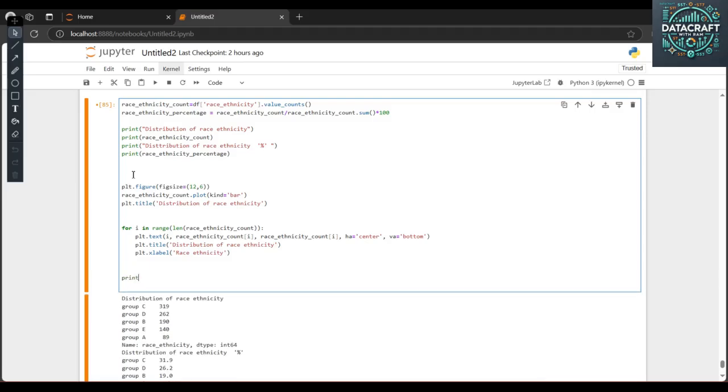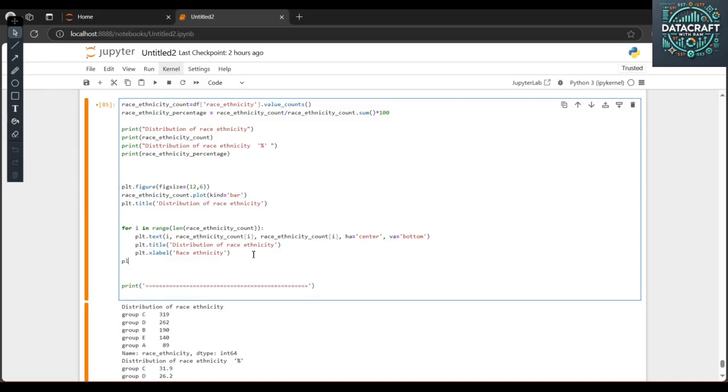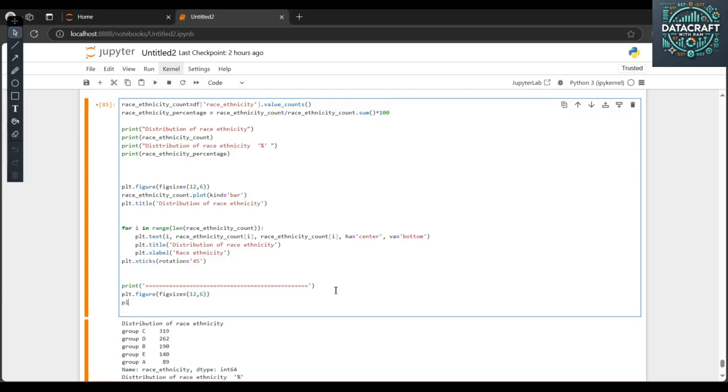for the pie chart I can write here, and I need also the rotation. Plot dot xticks rotation is my 45 degree, and plot dot figure figsize with respect to 12 by 6, and then plot dot